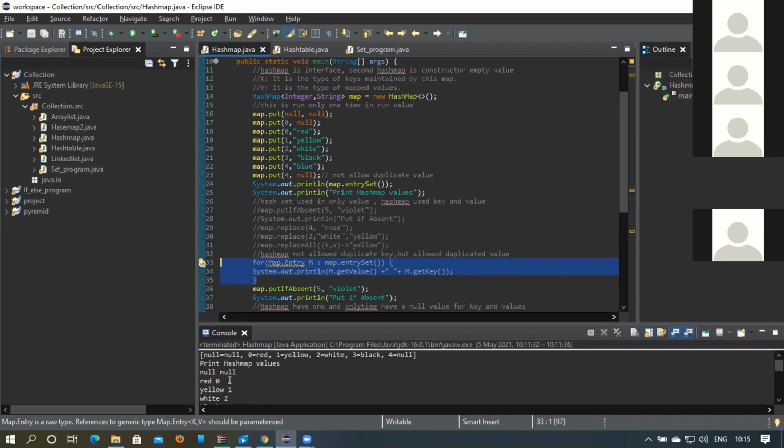Yes. Map will not allow duplicates at all. If you are giving duplicates, it will not throw an error, but it will store only one value. Now the final value is whatever the last value was. It was previously blue, but here it's stored with null, because the last updated value for this key is null.